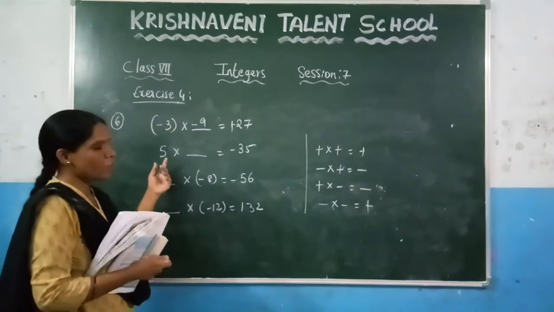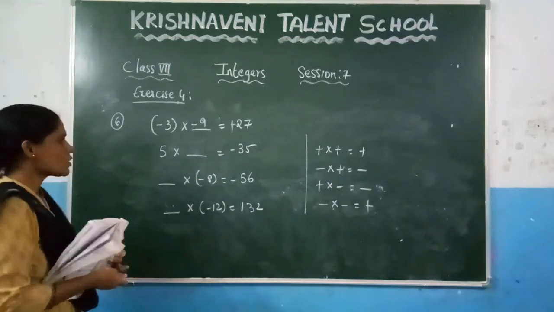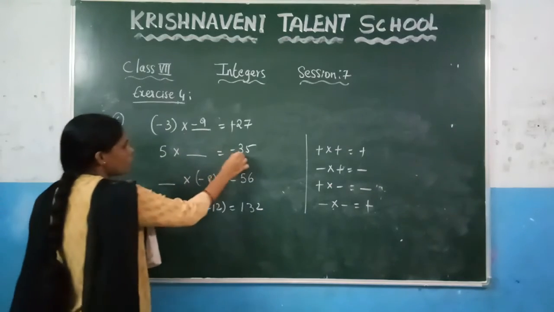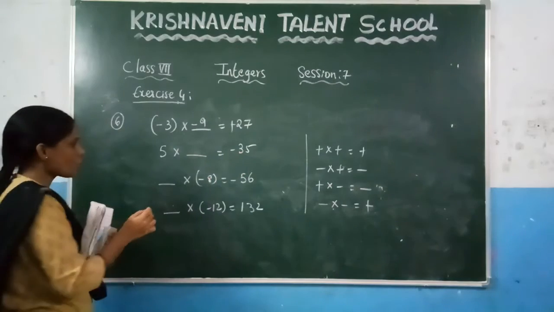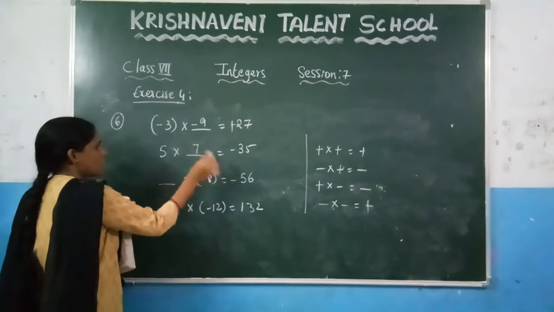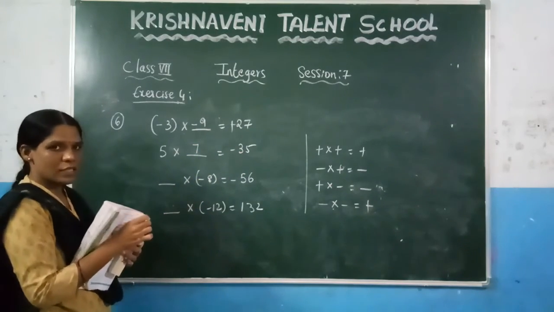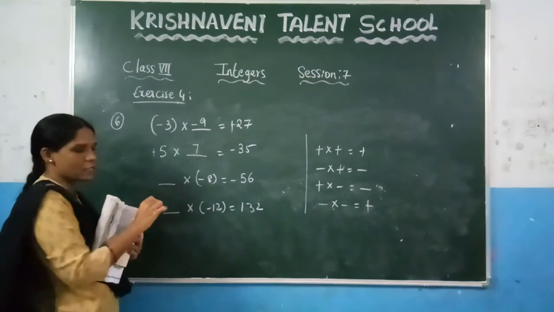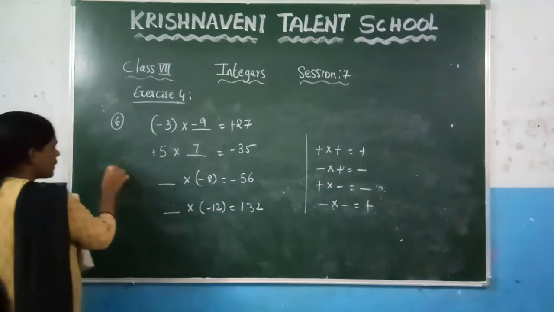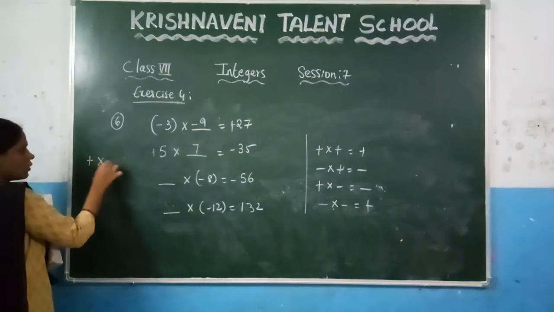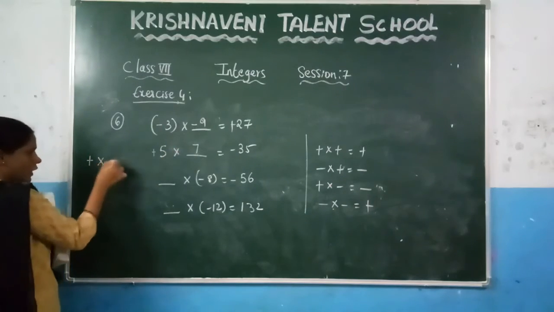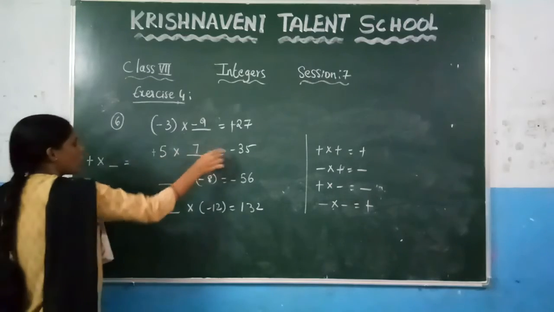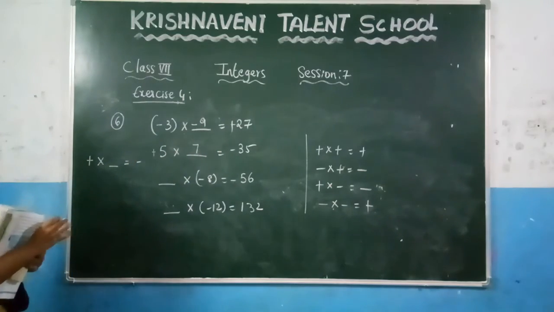Now see the next question. First check the number, after that we will check the symbol. So here, in the 5 table, when we get 35, it is 7, right? 5 7s are 35. Now you have to check the symbol. Here plus is there. If nothing is there, we can take it as plus. And after that, what is there here? Plus into some value. We don't know what we have to keep. The result should be what? Minus. This is given.